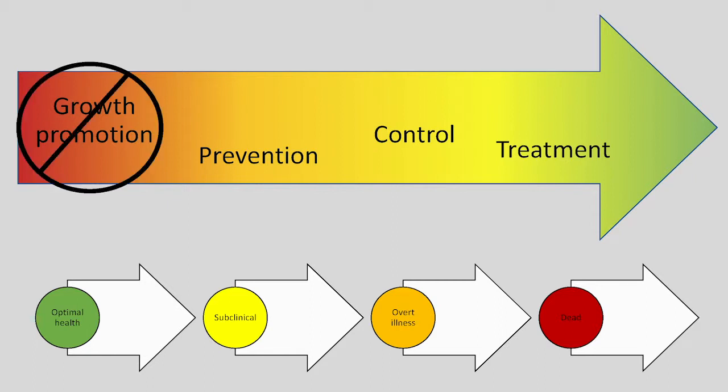But the reality is we have not used antimicrobials for growth promotion or for really treating those optimal health animals in decades. That is language that comes from the 50s and the 60s and the 70s when we really didn't even understand what and how antimicrobials worked or what we were doing. We just knew they made the chickens grow faster, right? So that whole growth promotion, I think we can take off. And I really would be very pleased at this conference if the 2 minutes I just took up talking about growth promotion are the only conversation we have to have about that. What we do use antimicrobials for is prevention, control, and treatment.